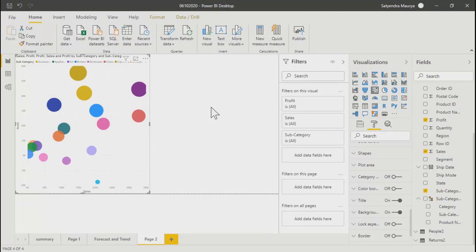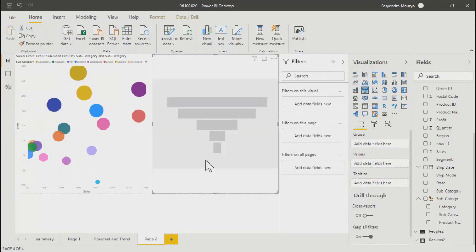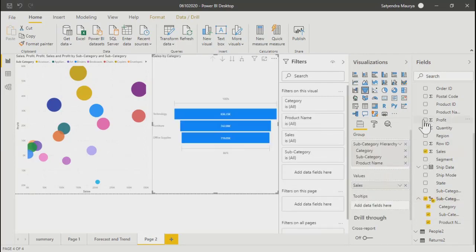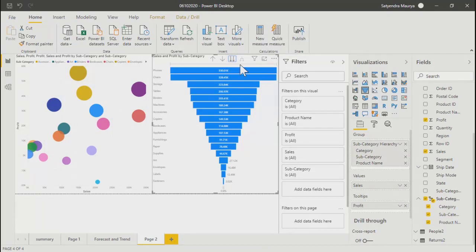Okay. Where do we use this funnel chart? Any idea? If we have some hierarchical relations that I want to show, then... Can you give any use case? Hierarchical, let's say this is my hierarchy. Can I use that here? Not like that. If some relation exists, we can use it.